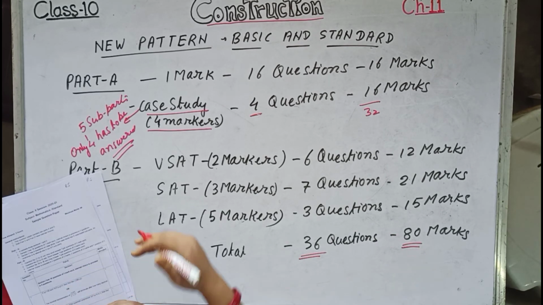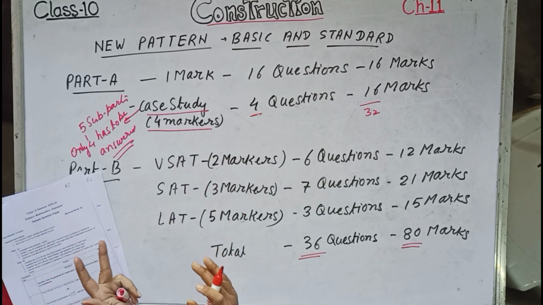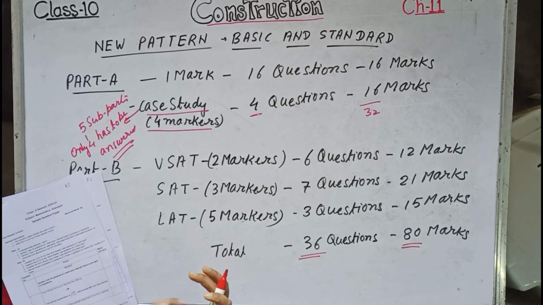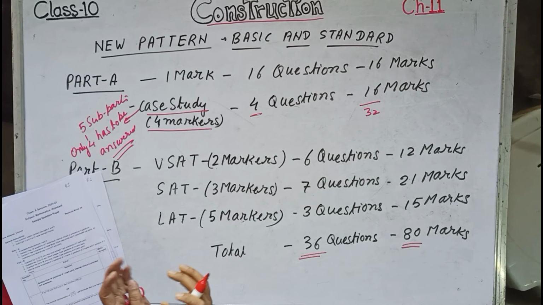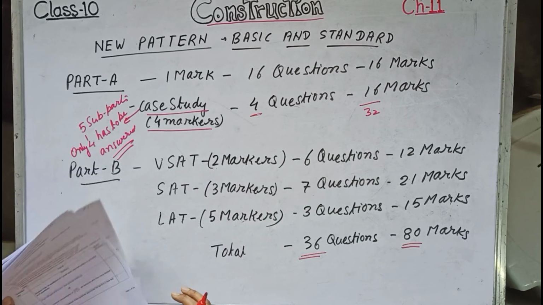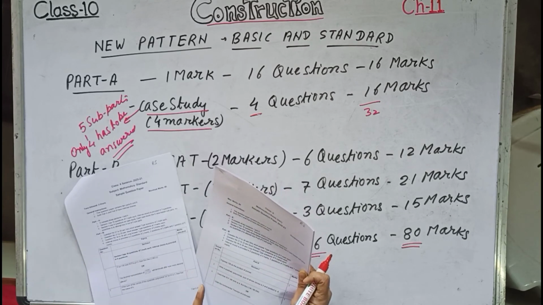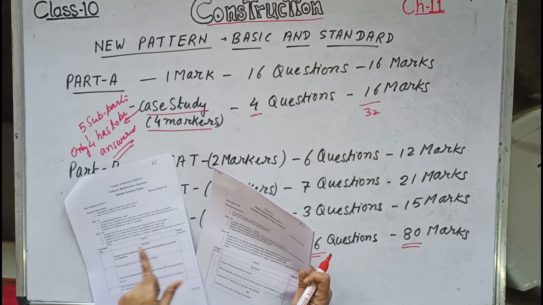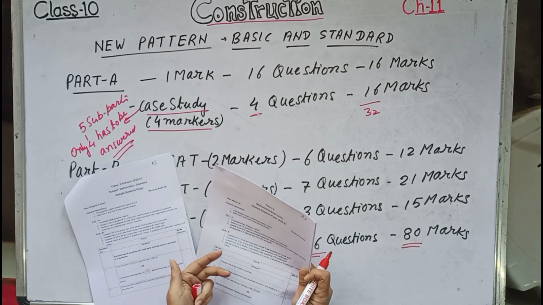So children, this time we have to study the case study, which is a new type of question this year. But take the case study as a helping type of question for you. The same question pattern, the same concept, the same data is there. The thing is that an anecdote is related to that question, and that becomes a case study question. In both the sample papers, basic and standard, 4 case studies are there. So please practice those 4 plus 4, that is 8 case study questions. It will help you in understanding how to solve case study questions.